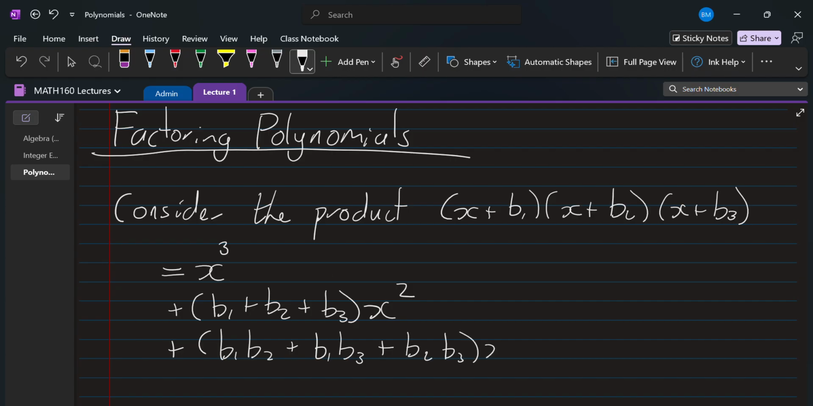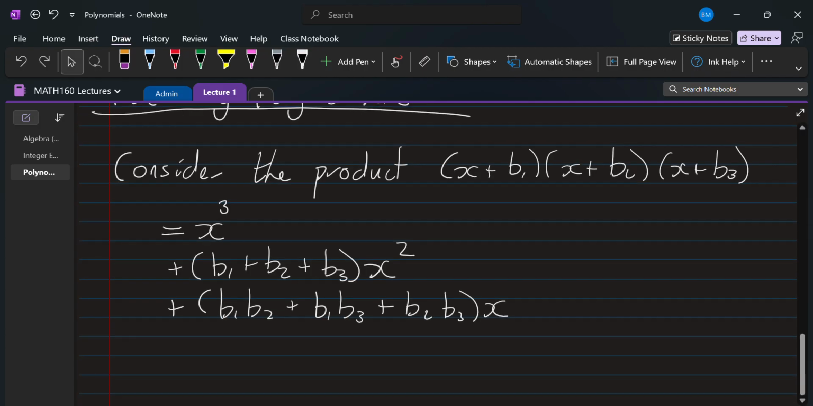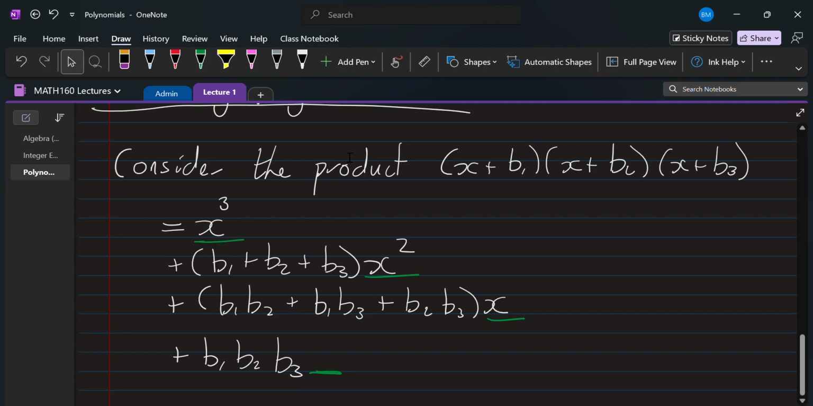So consider the product. We're going to have x plus b1, x plus b2, x plus b3. Just a product like this. What we can do is multiply it out. You know how to do your FOIL and all that stuff. So if we multiply this out and keep track of all the powers of x, we're going to end